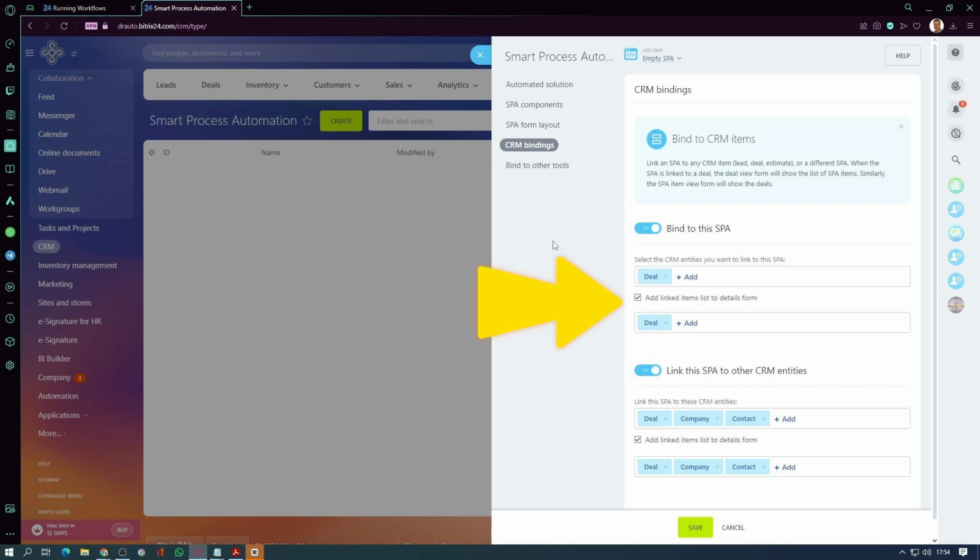This checkbox, when selected, enhances the user interface by displaying a list of linked CRM items directly within the details form of the Special Process Automation. This integration feature allows users to quickly access and manage related CRM entities from within the context of the process